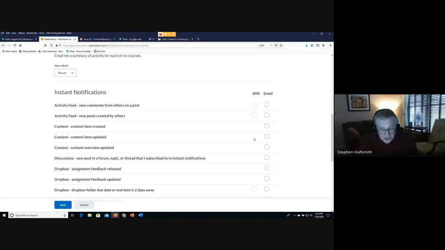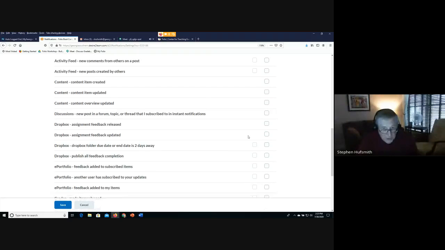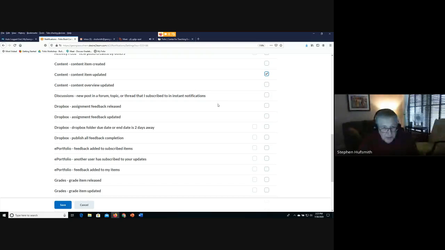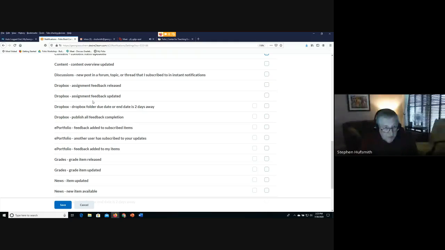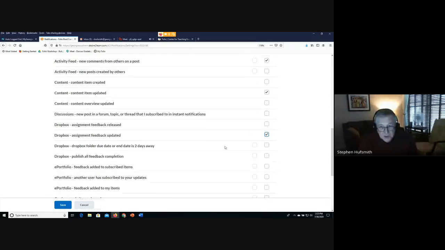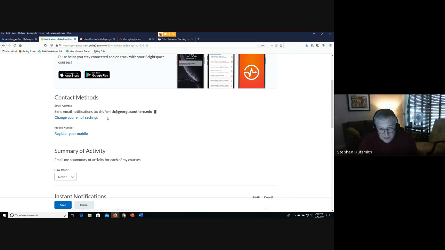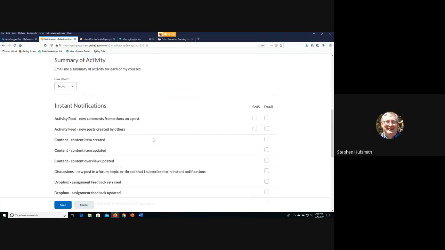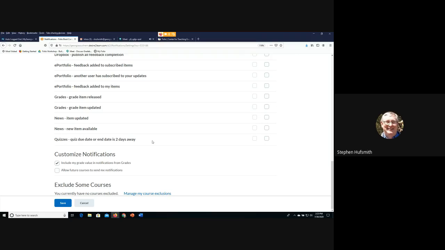when something is changed or whatever, they can choose to receive an email about something. If content has been updated, if a new post has been made in a forum, if a Dropbox assignment feedback has been updated. So this is helpful for students, if a grade item has been released or updated, a new news item. So by adding these, and making sure that they have their email account, they can choose to get these notifications. So I think that's a good thing to try and recommend to students